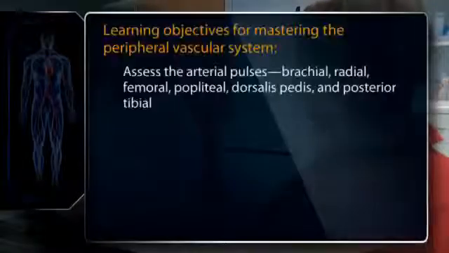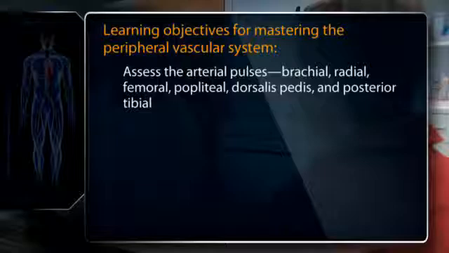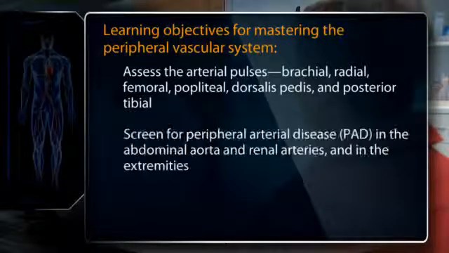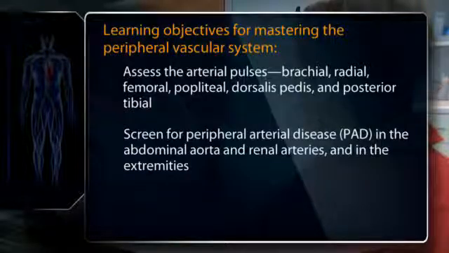Thank you. Your learning objectives for mastering the examination of the peripheral vascular system are to assess the arterial pulses: brachial, radial, femoral, popliteal, dorsalis pedis, and posterior tibial; to screen for peripheral arterial disease, PAD, in the abdominal aorta and renal arteries and in the extremities;